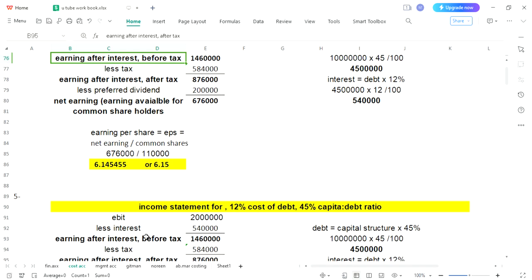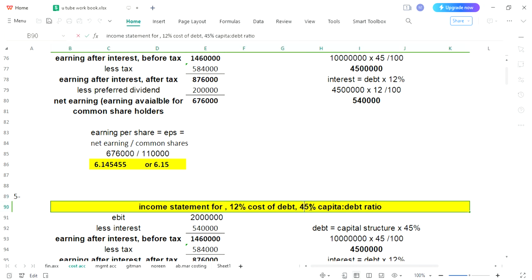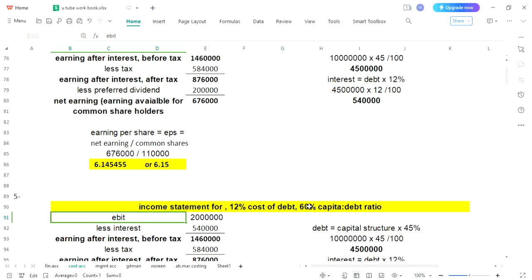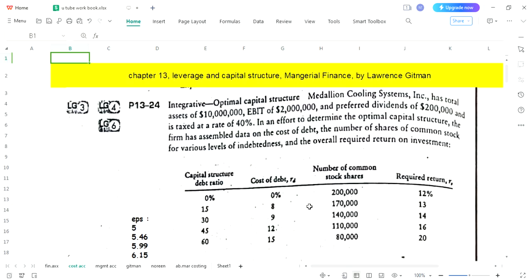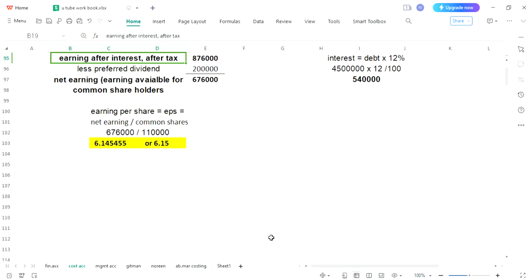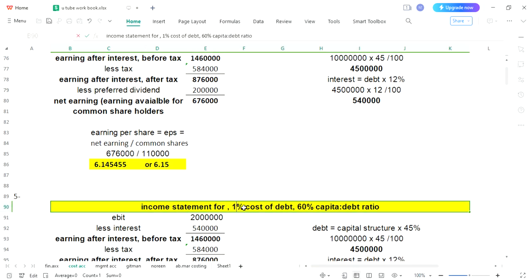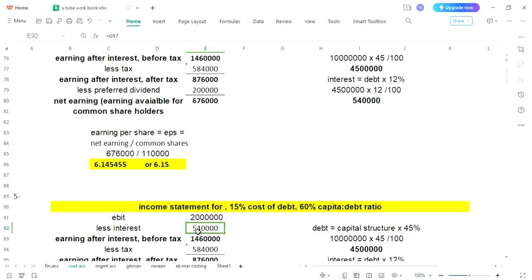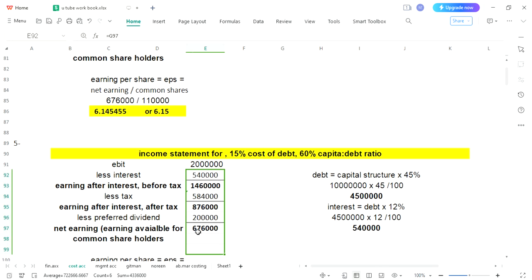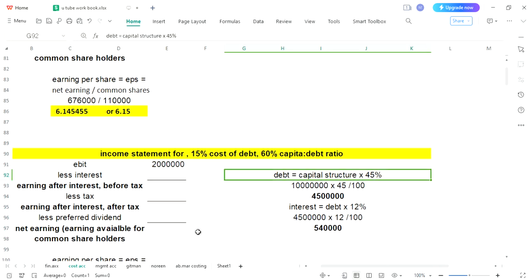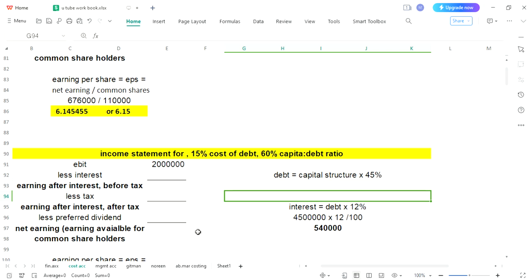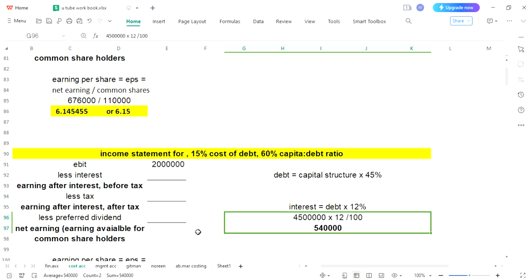So let's write over here 60% is your capital debt ratio, and cost of debt is 15%. So let's write down 15%. This is your fifth part, and all these calculations were copied, and now they are not needed to be put over here. We are going to erase them,